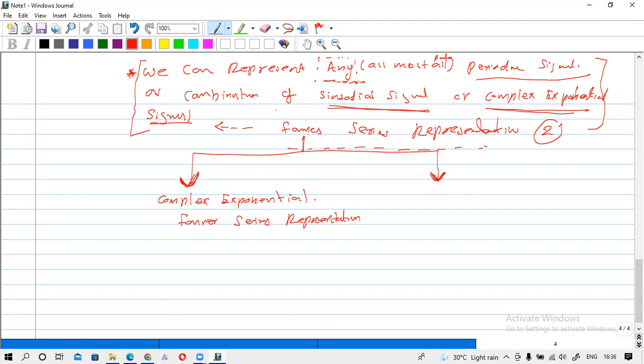And we can also represent a signal as a combination of sinusoidal signals. Can we call it the sinusoidal Fourier representation? Yes, we can suggest that, but formally it is called